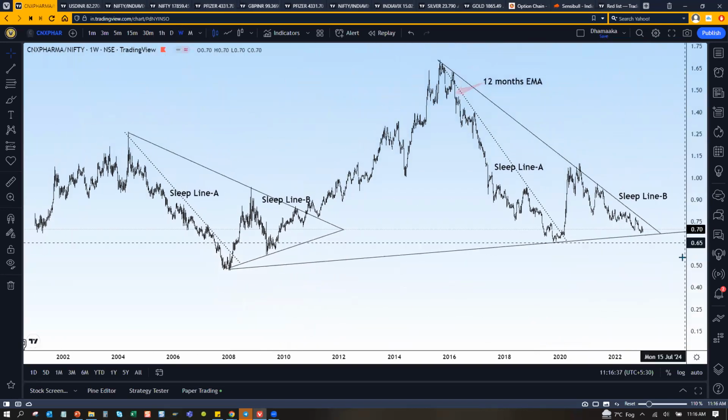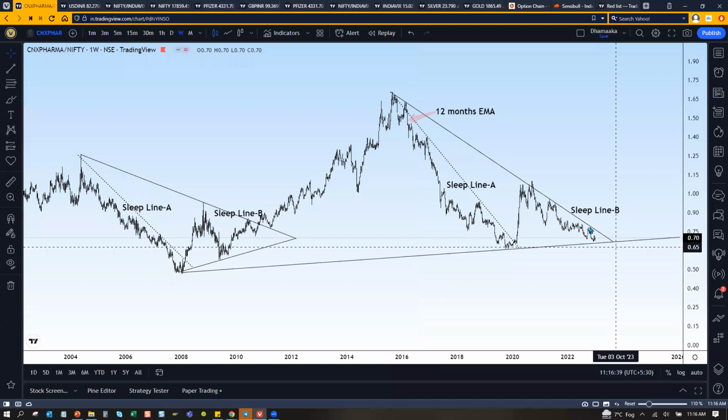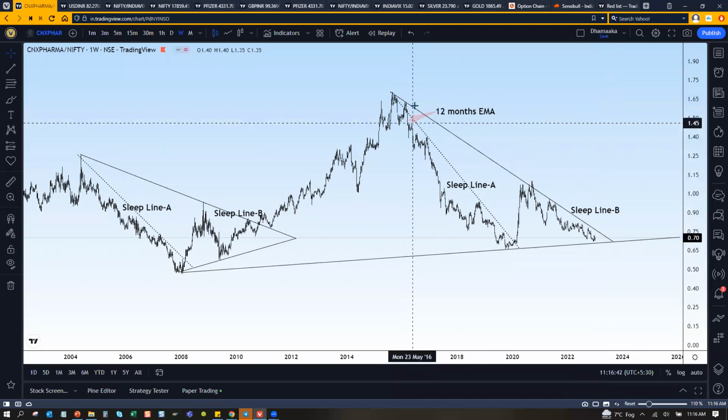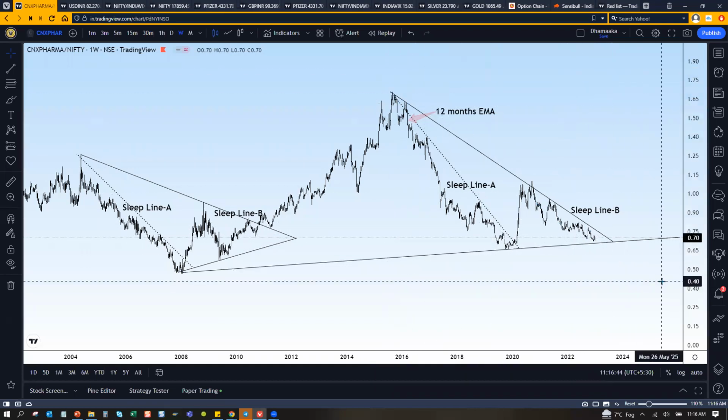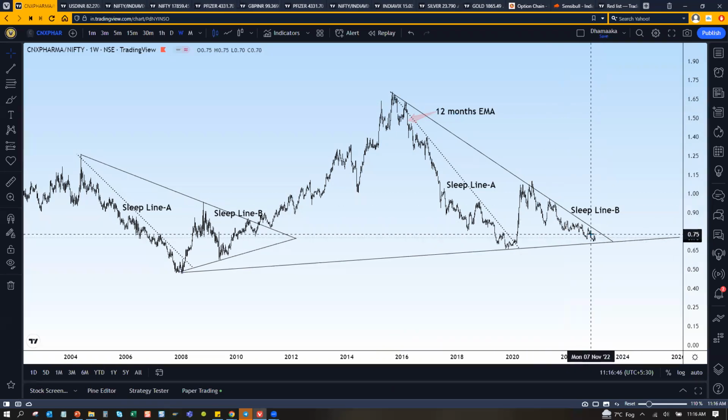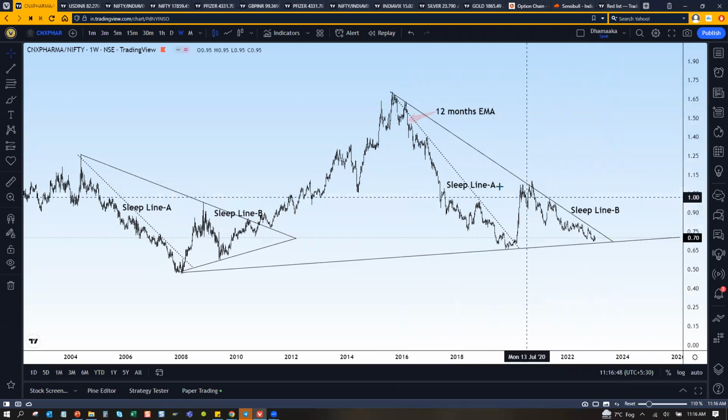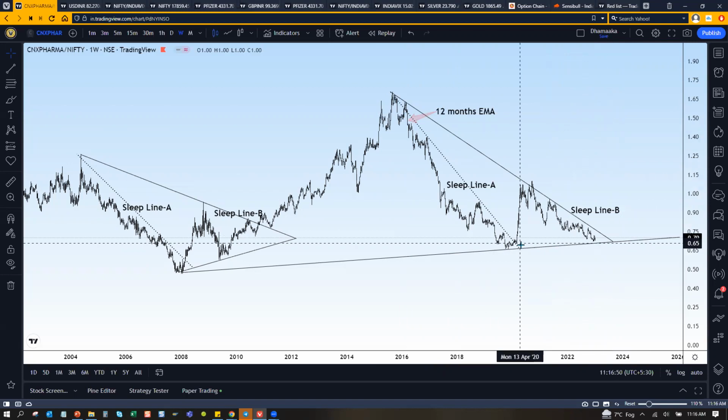Likewise, you can see the ratio chart as well. Personally, I think I shared in one of the groups or on Twitter these charts, that whenever it crosses the sleep line, it's going to get bombastic. So it's right now sleeping.